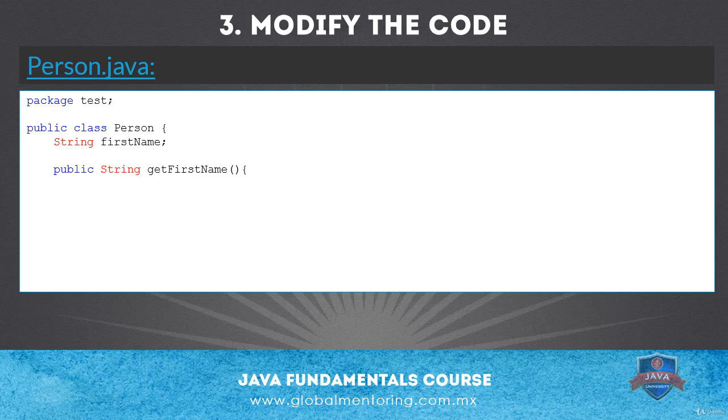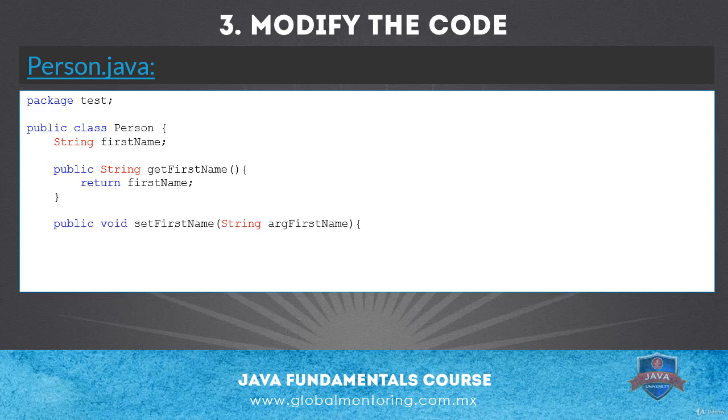and we define a method to get this value. So we define the method getFirstName. This method is public and returns a string. It doesn't receive any argument, and the body of the method only returns the value of the attribute. In this case, return first name. We can use return this dot first name, but in this case it's not necessary because there is no ambiguity with any attribute with any parameter passed to this method. So we can use return this dot first name or return first name only. We close the method